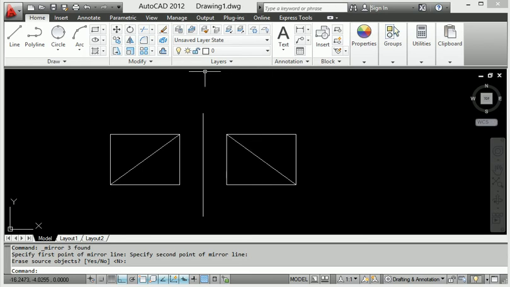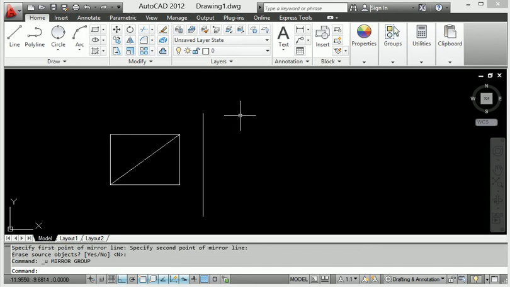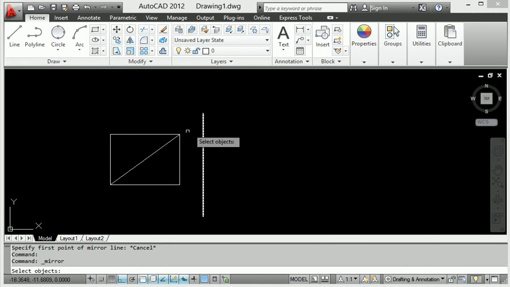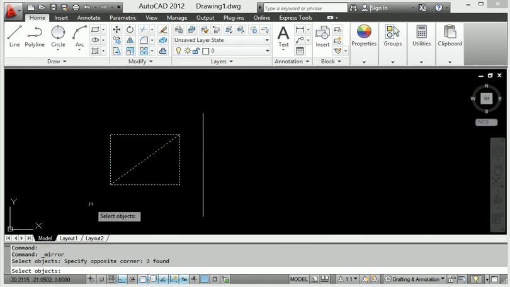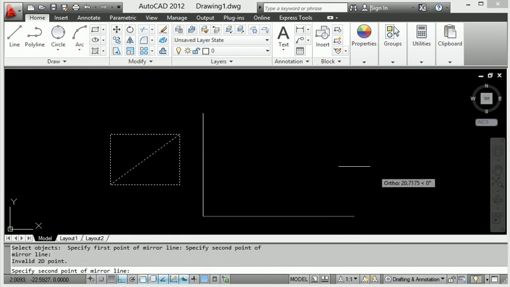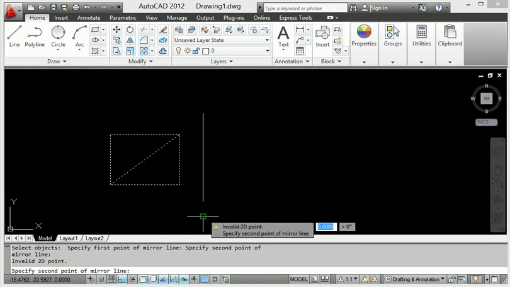Again I will show you. I go back here, then go to mirror. Before that, select this object. When I select all the objects, go to mirror, and click this point, and again click this point, and enter.